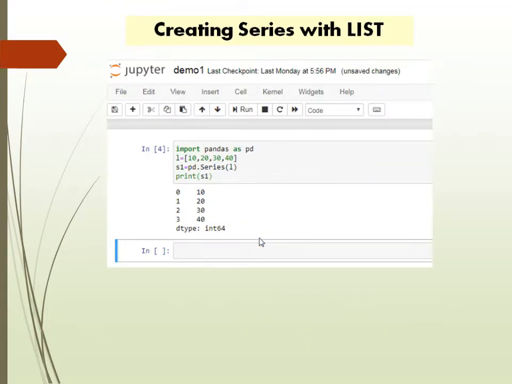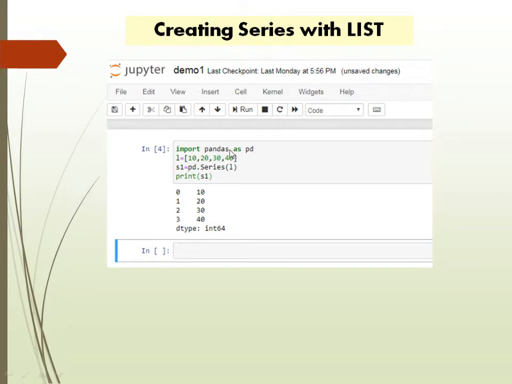Next is creating series with a list. Now here comes the Jupyter notebook. You have to do all these on the Jupyter notebook to understand in a better way. So first, we studied lists in class 11. So I have created L equals 10, 20, 30, 40 as the list.